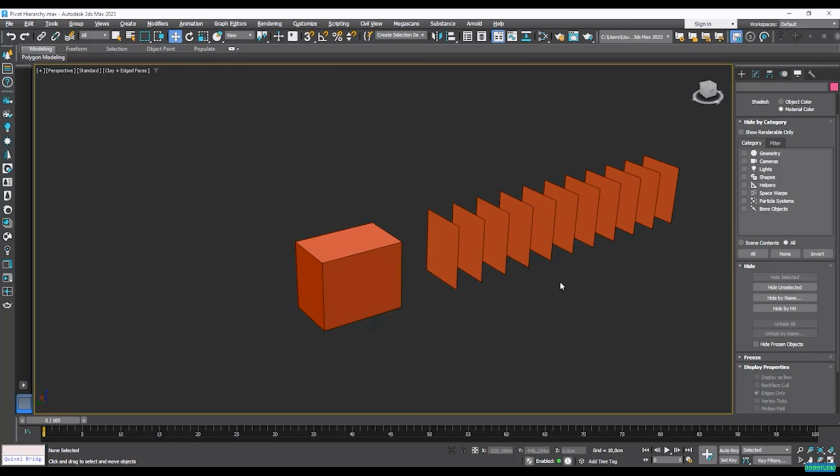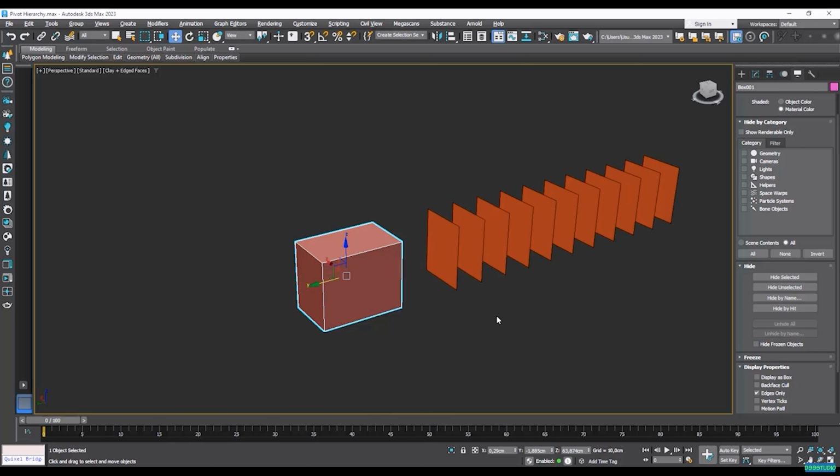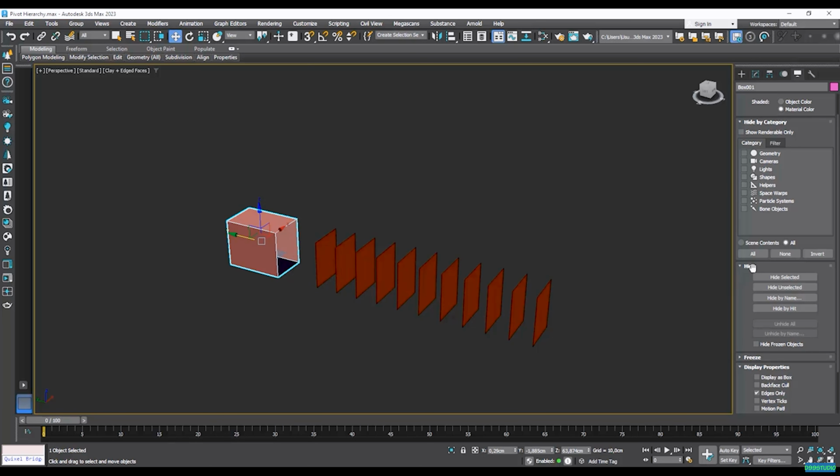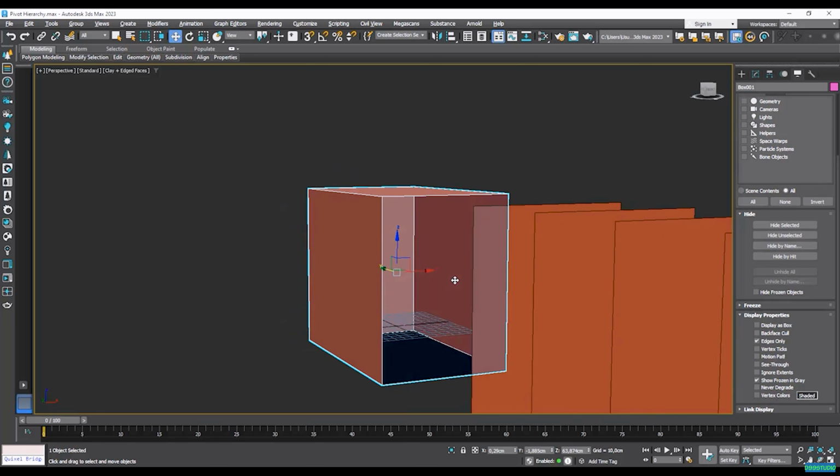So let's say that I want to just isolate this object. I would right-click and I'm going to hit hide unselected. So it's going to hide everything that I'm not selecting, like this. Now Control Z, and that's the way this hide option works. Now we have the display properties, and this option can be pretty helpful sometimes if we